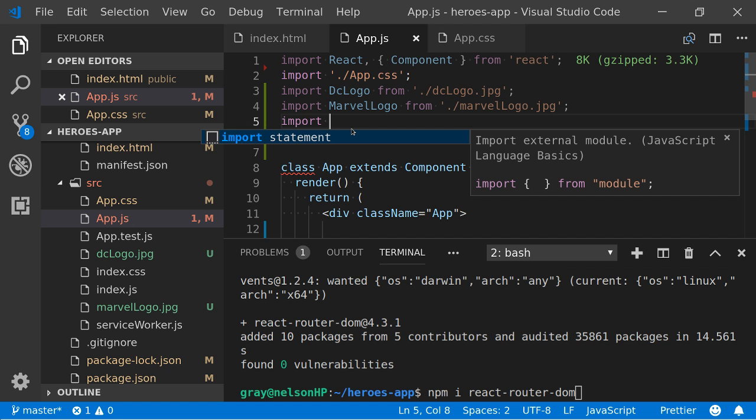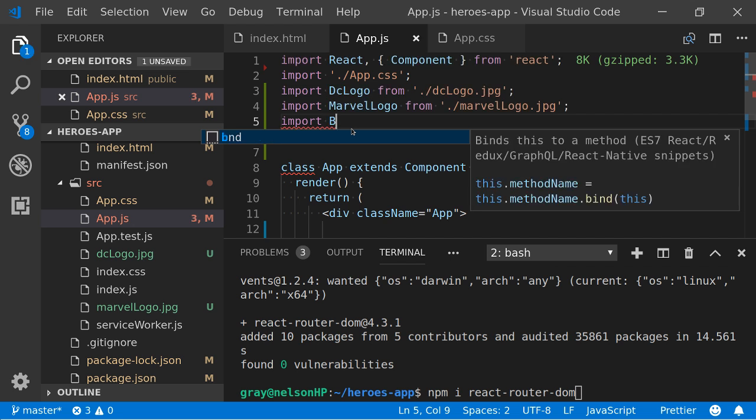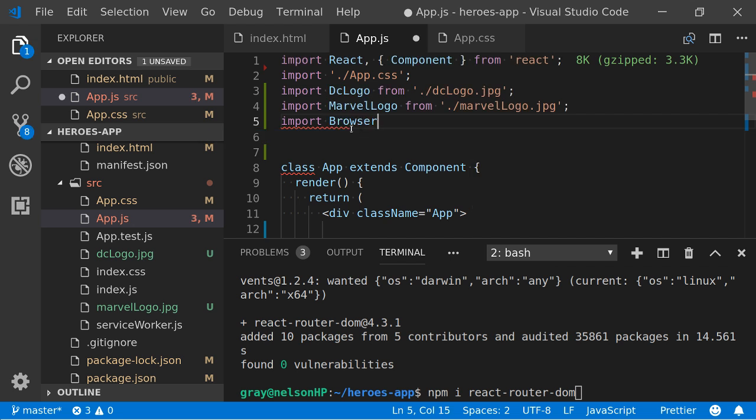It comes with a couple of different routers: it comes with browser router and it comes with hash router. You don't really need to know the differences at this stage. Ideally you would use browser router, and most modern browsers do support that. I think one of the old Internet Explorers doesn't, that usual sort of situation, so you would need to use hash router, or there are some other instances as well. But we can import browser router.